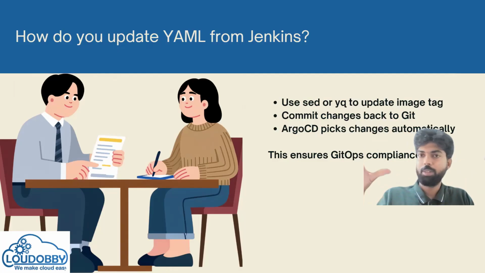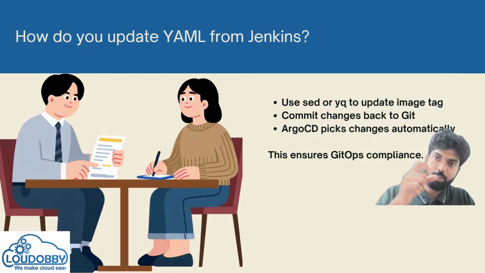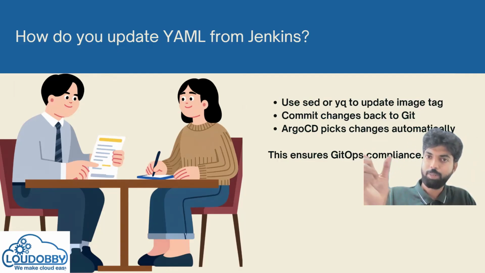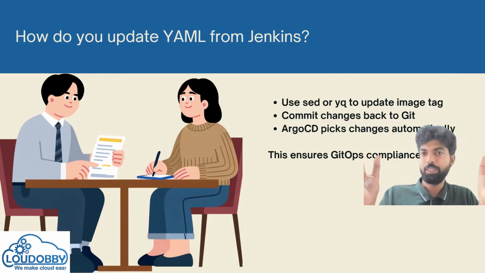You pick the newly built image and commit that newly built image in the Git repository. Instead of going and changing the image manually in the Git YAML file, you use Jenkins to run the shell script, a Linux script, to fetch. Already the Git is checked out, right? So check out that particular YAML file from Git into your Jenkins, and update the version.